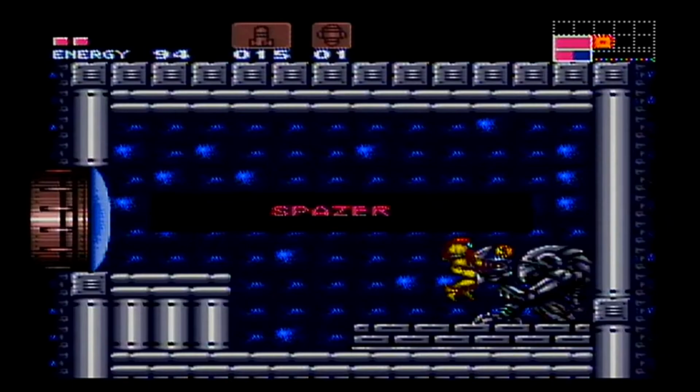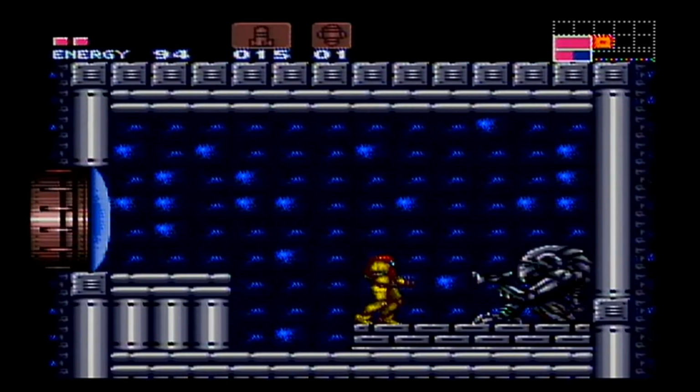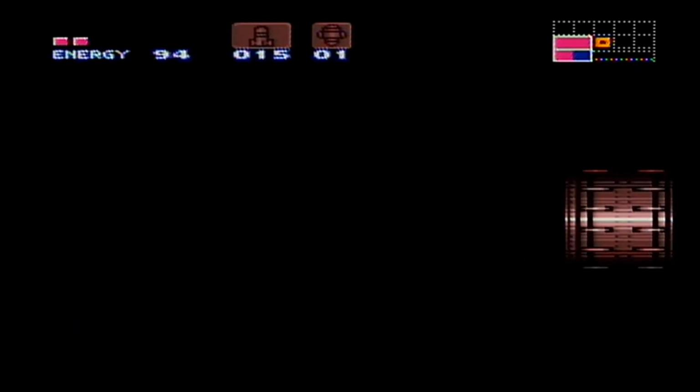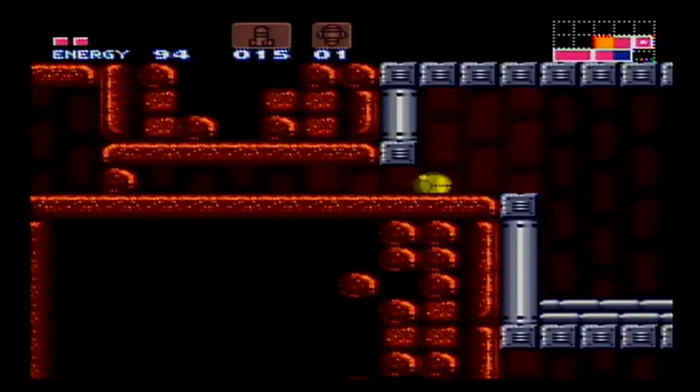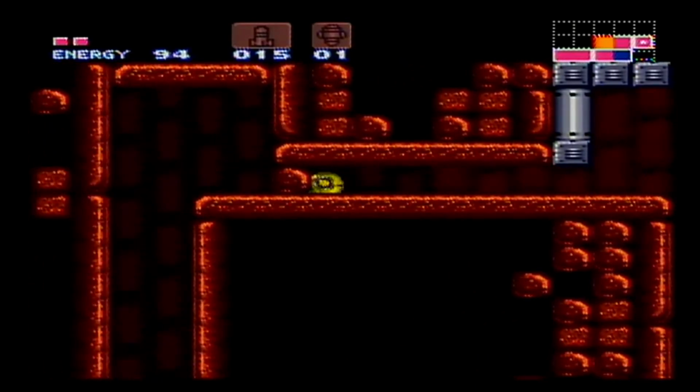Spacer. A beam that, unfortunately, technically dies in Fusion. It just makes your beam wider. It's a good extra attack point. It's technically hidden. You don't need it. And technically you're also supposed to have the...